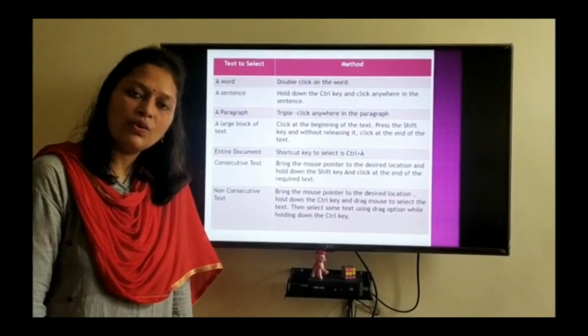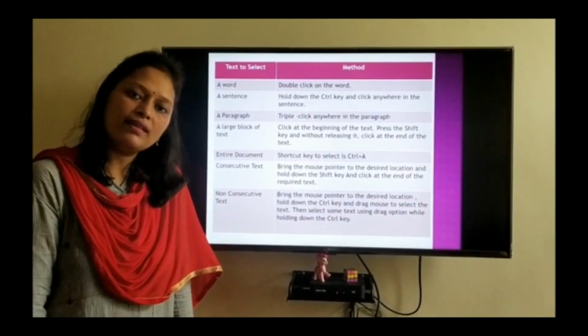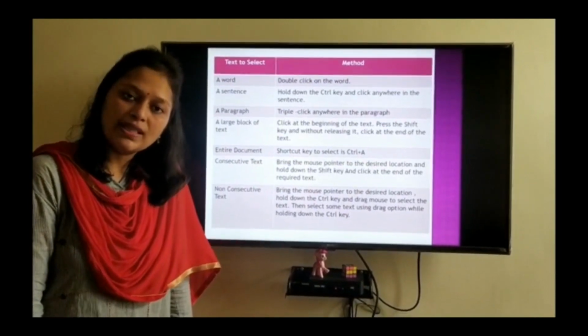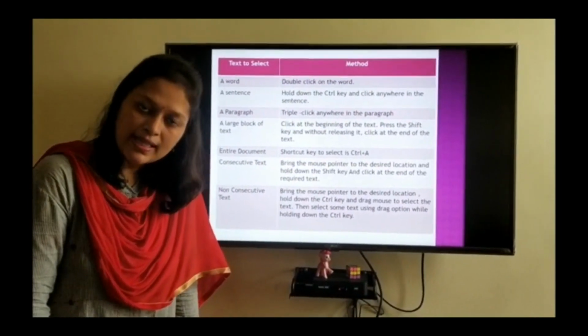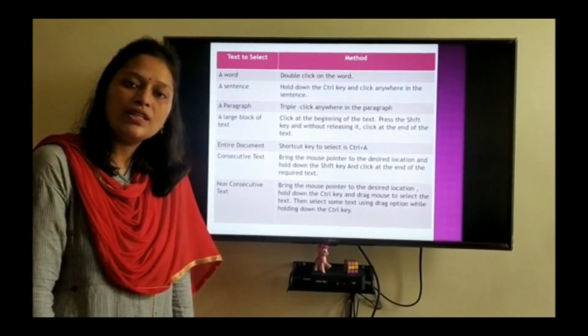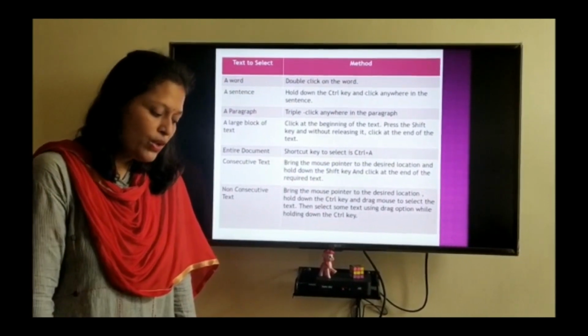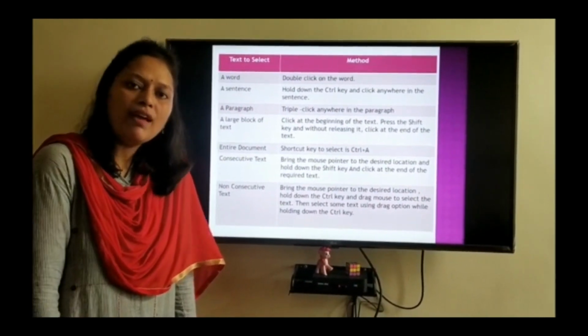I will again tell you. First you will hold down the control key and you will click anywhere in the sentence. Then you will see your whole sentence will be selected. Now how to select a paragraph? You need to triple click over the paragraph. What you have to do? You have to triple click anywhere in the paragraph.